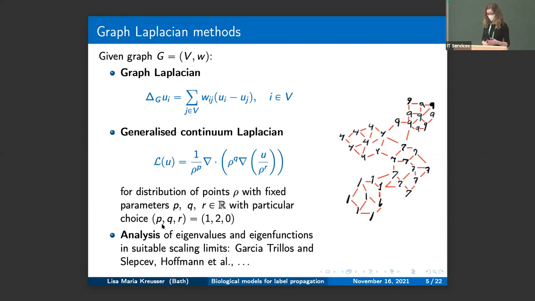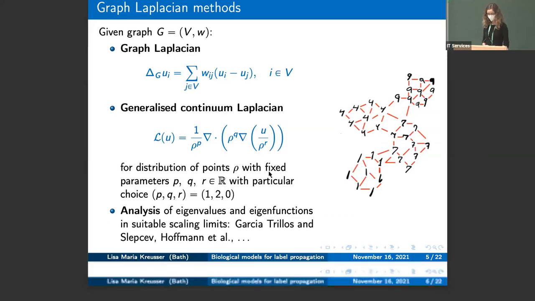But for the specific choice of p equal to 1, q equal to 2, and r equal to 0, in fact, one can show that this discrete Laplacian has the continuum limit as given over here. And there's actually already a lot of analysis available on the eigenvalues and eigenfunctions of these continuum Laplacians, which have turned out to be very useful for clustering. But in fact, we won't focus so much on eigenfunctions in this talk, because